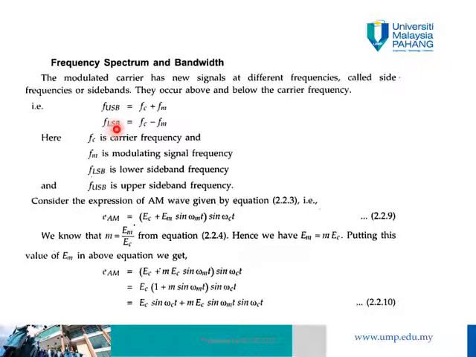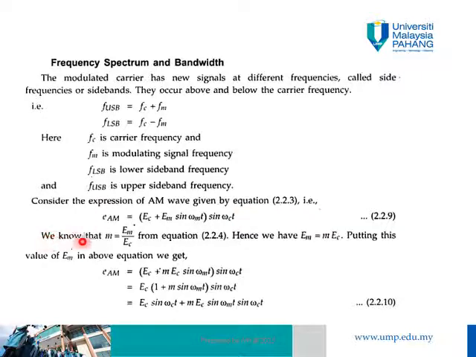FLSB, lower sideband, is equal to FC minus FM. Here FC is the carrier frequency, FM is the modulating signal frequency, LSB is the lower sideband frequency, USB is the upper sideband frequency. So consider the expression of the AM wave, given by the equation discussed previously. So EC plus EM, this is the envelope